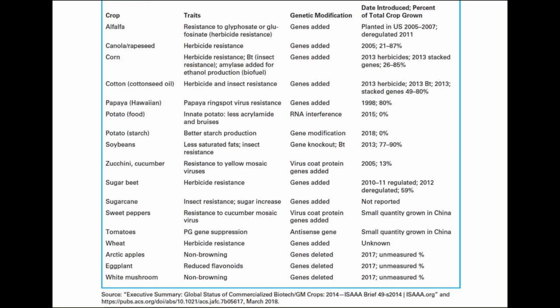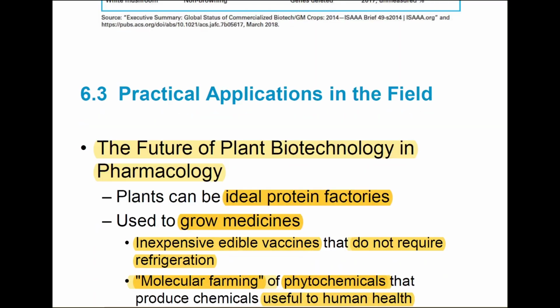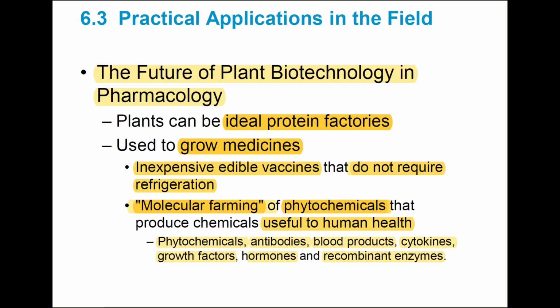The future of plant biotech: pharmacology plants can be ideal protein factories. As I said in an earlier lecture, for example, treating people in tropical Africa, it's very difficult to store drugs. Refrigeration is expensive or unavailable, but by having the drug produced in a plant, you can then just transport seeds, grow plants, and then people eat plants in order to obtain medicines. So inexpensive edible vaccines do not require refrigeration. Molecular farming of phytochemicals, introduce chemicals useful in human health. Phytochemicals, which are just chemicals produced in plants. Antibodies, blood products,